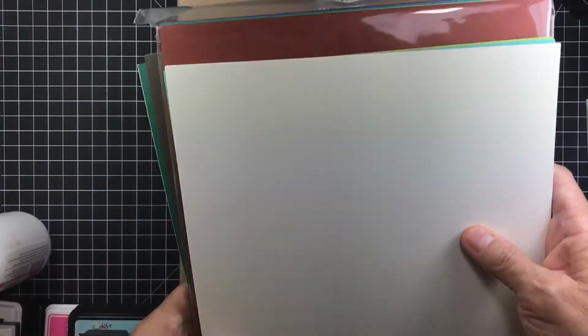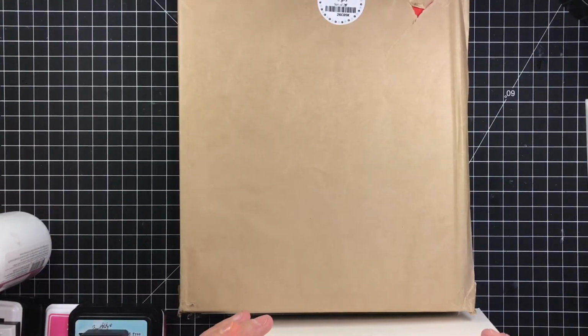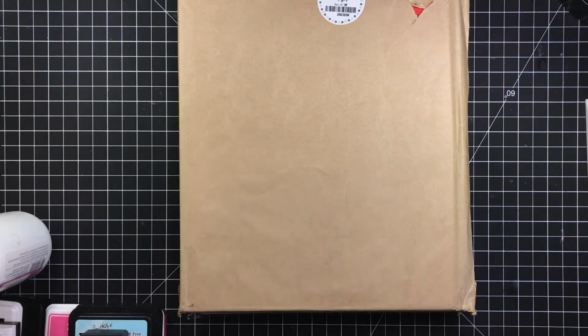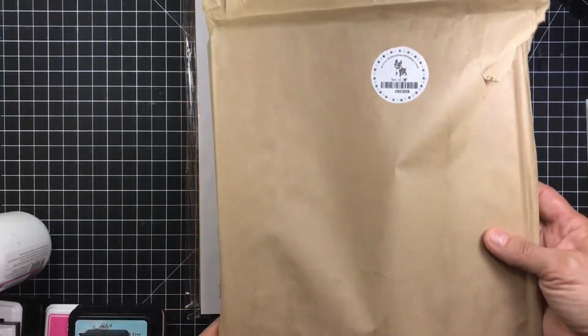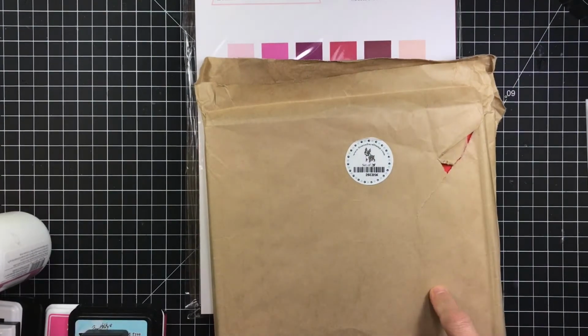So that's new for me this year, is the Gina K. And I'm just loving it. So that'll be something new coming up. I'm still absolutely in love with my Simon Says Stamp cardstock. I order it in,